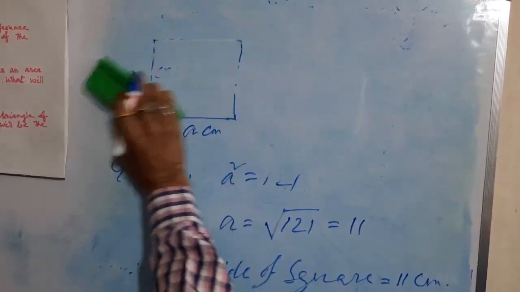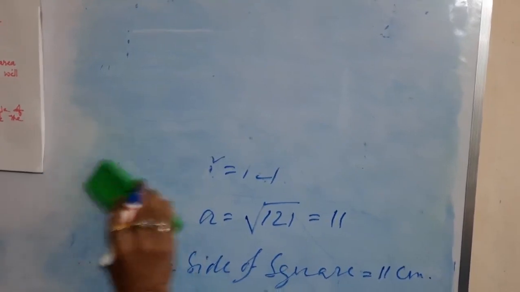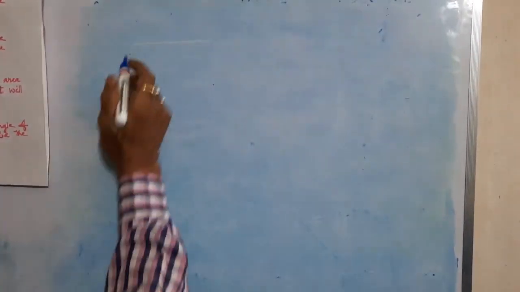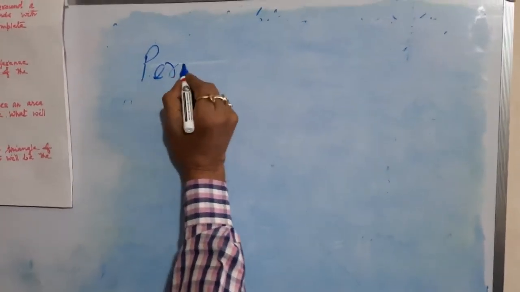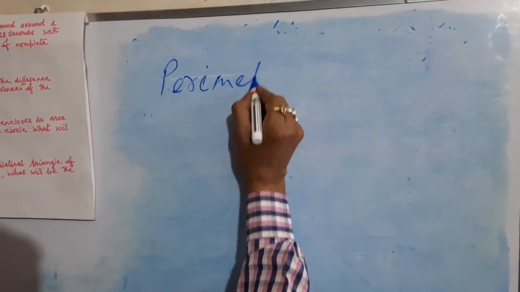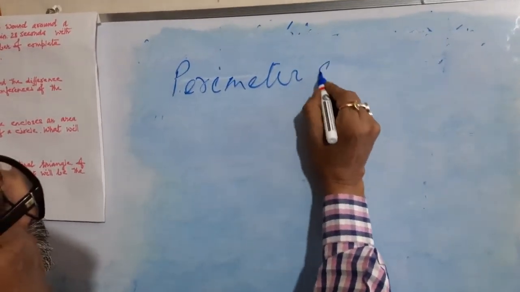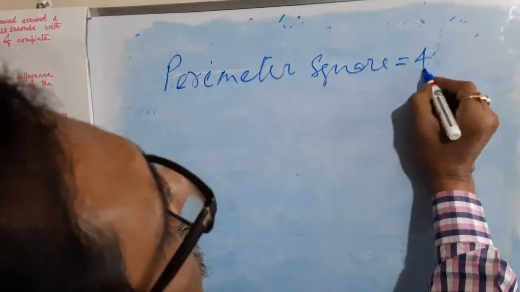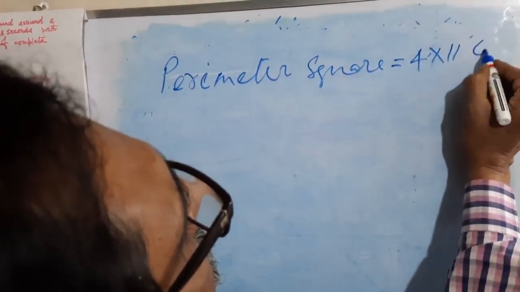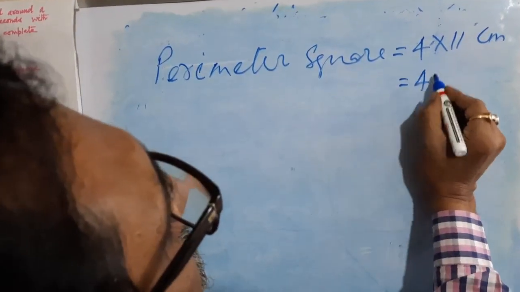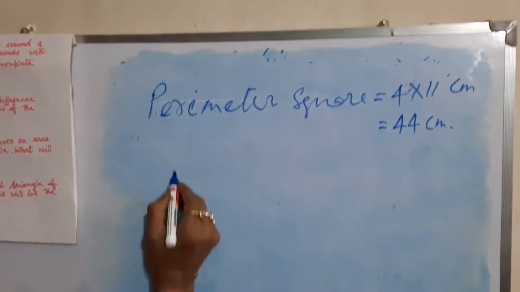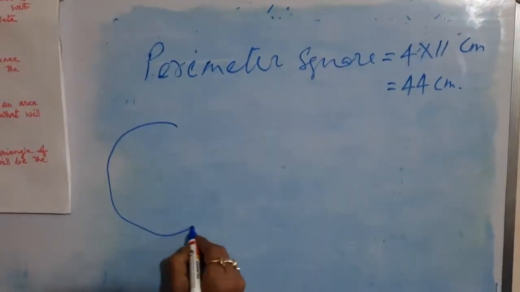Now, perimeter of the square is equal to 4 into 11, that is 44 centimeters. Now this perimeter will be equal to the circumference of the